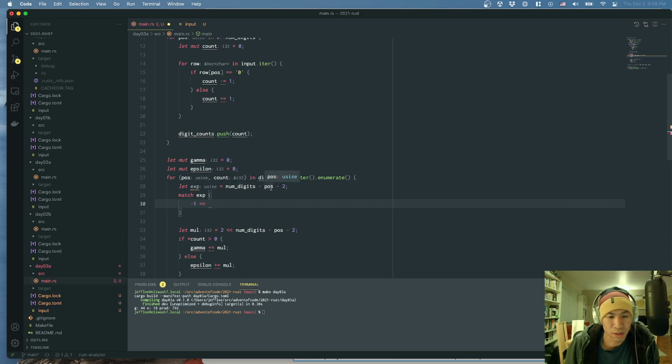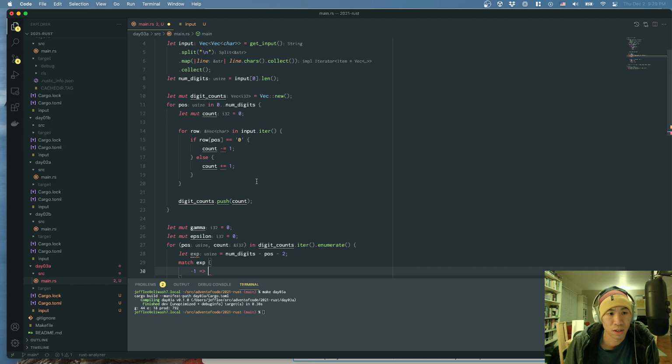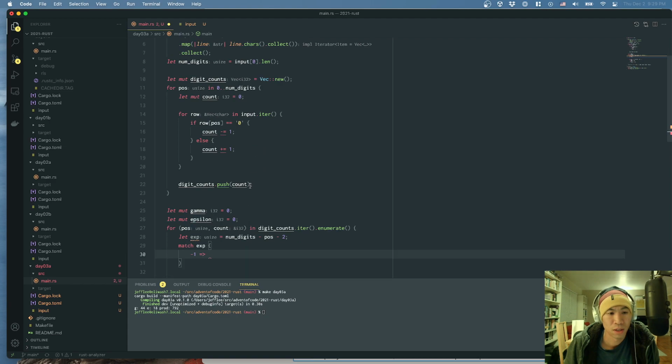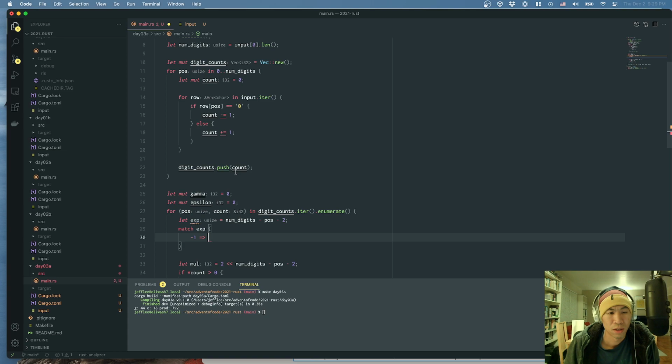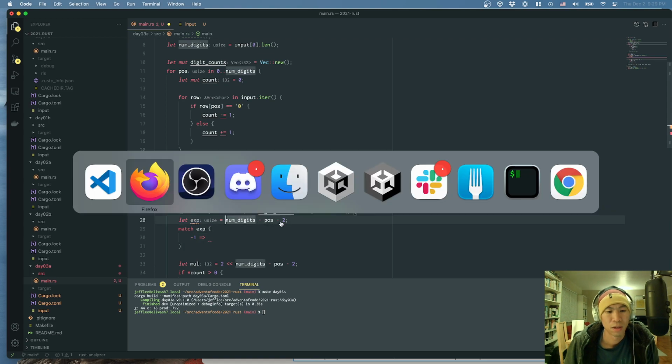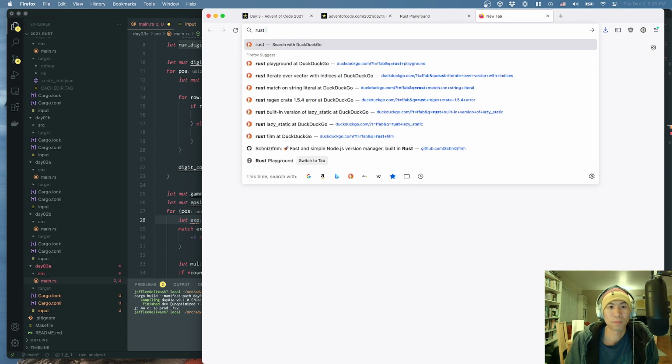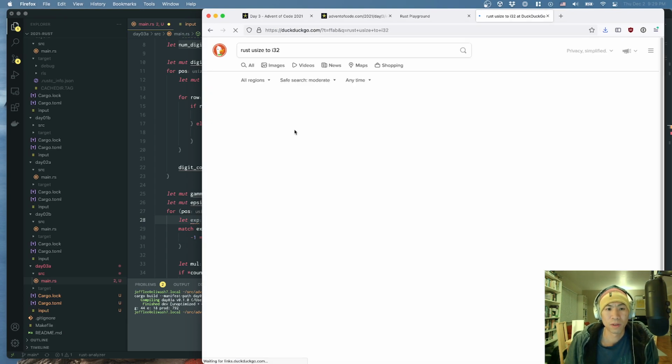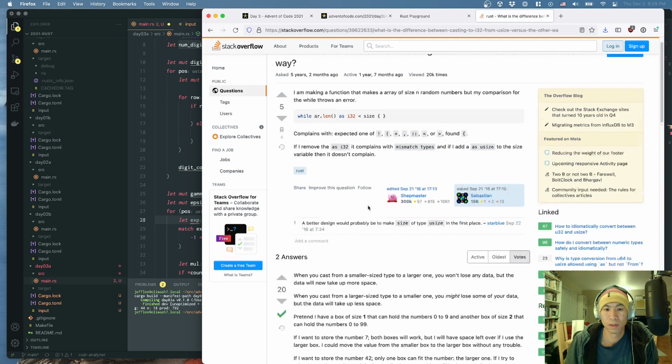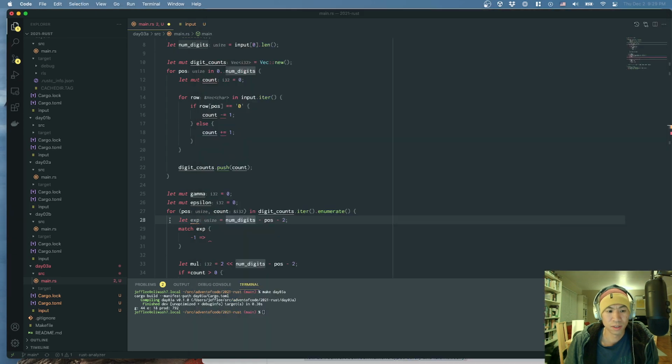Oh, because these are all usizes. How do I cast these to an integer? As. It's -1,